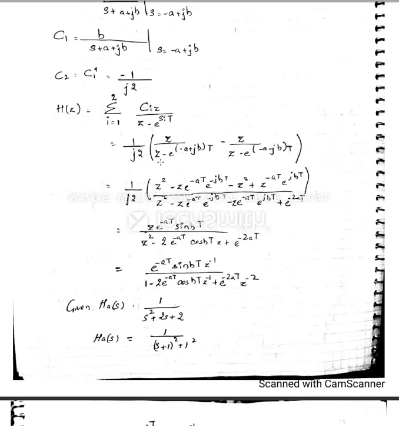See here, I had told you we can use either the equation of C_i by 1 minus e to the power s_i T z inverse, or z by z minus e to the power s_i T. Here they are making use of this. So 1 by 2j is the coefficient that we have. We will be left with z, and the corresponding poles, substitute, expand it.